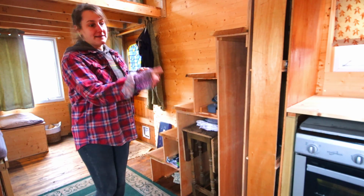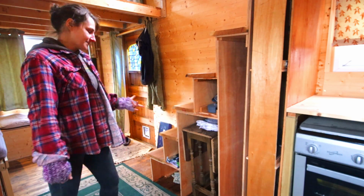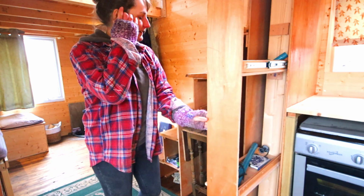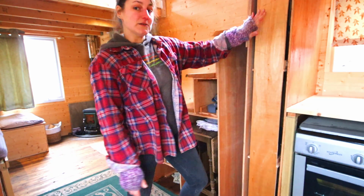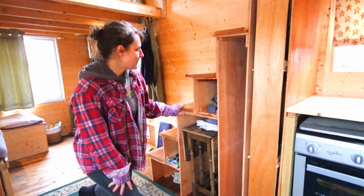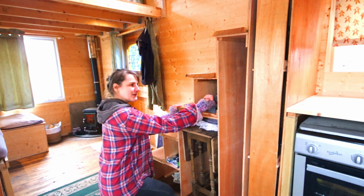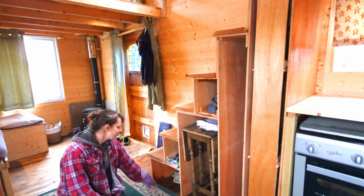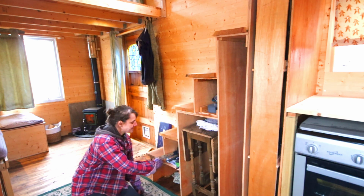Something that will also apply to the kitchen cupboards is I want to build some cupboard doors for the stairs. I want to put one on this, so we have a cupboard door there, and then there'll be an opening one there. I'll have, I think, a little cupboard there maybe, I'm not sure. And I've got this one down here, and this I would like it to be a pull-out drawer. I've still got some more